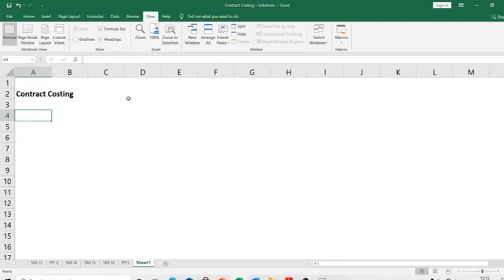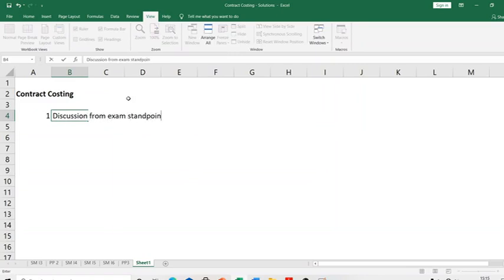And once we have a broad overview of the topic by way of having an introduction, then we will start doing several questions, and through those questions we will understand the concepts in this topic area. So I can probably break this entire lecture into three parts. One will be a discussion about the syllabus, I would say, from an exam standpoint. So that is the first thing.